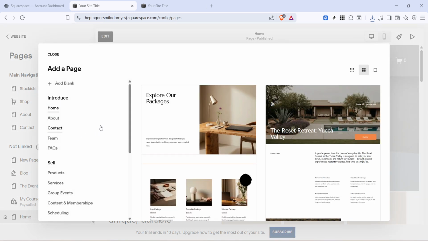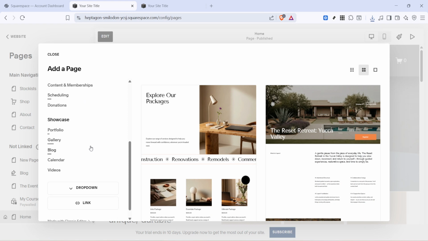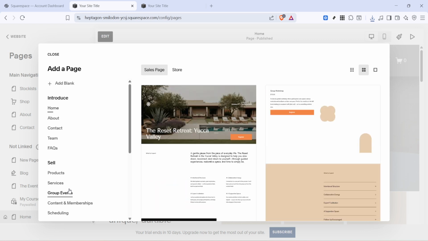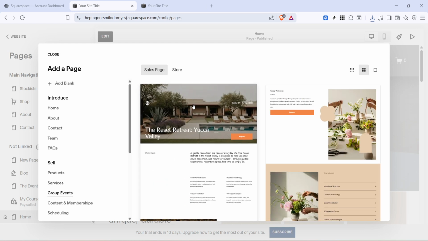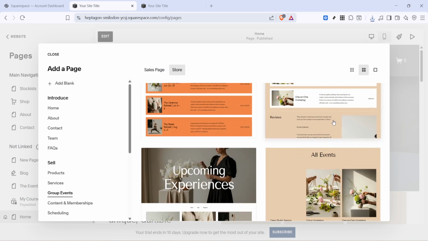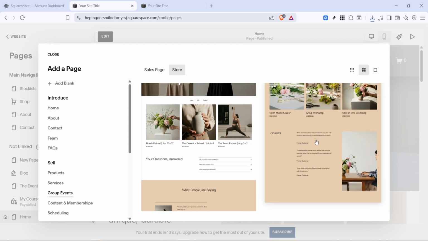Using Not Linked keeps your work in progress private while you build and refine it, which is perfect for an event page you might still be drafting or testing. When the options appear, choose Group Events. This sets up a dedicated space for your event content, making it easier to manage and expand later. A group can hold multiple related pages, so if you plan to host recurring events or multiple sessions, you'll be